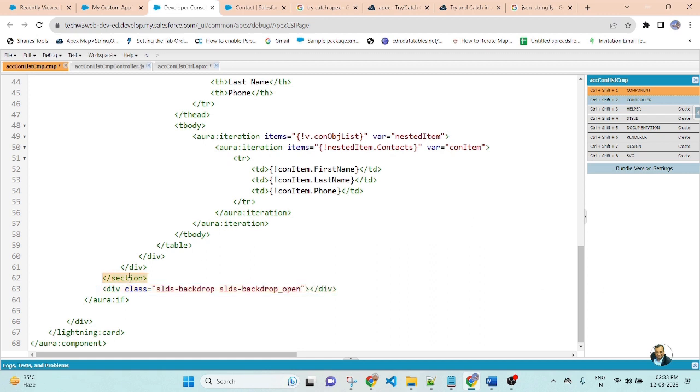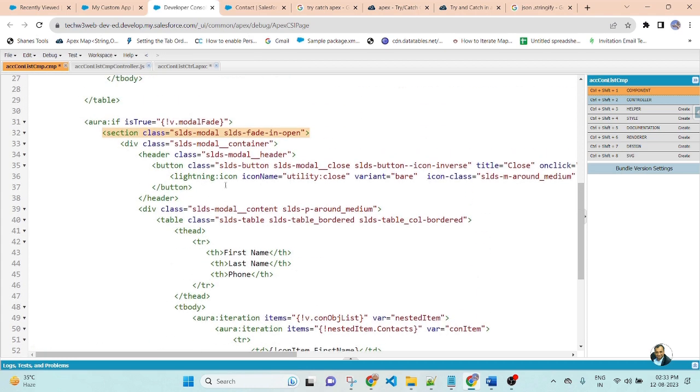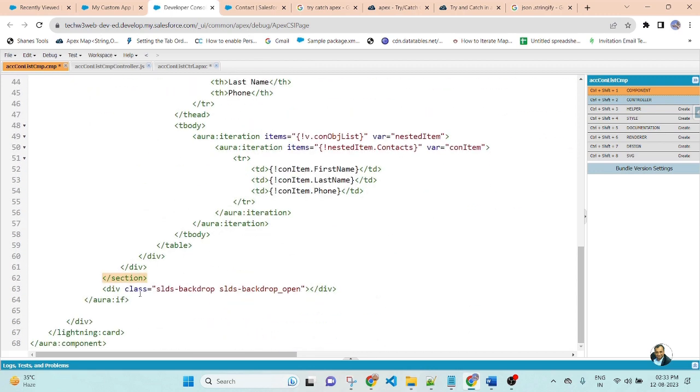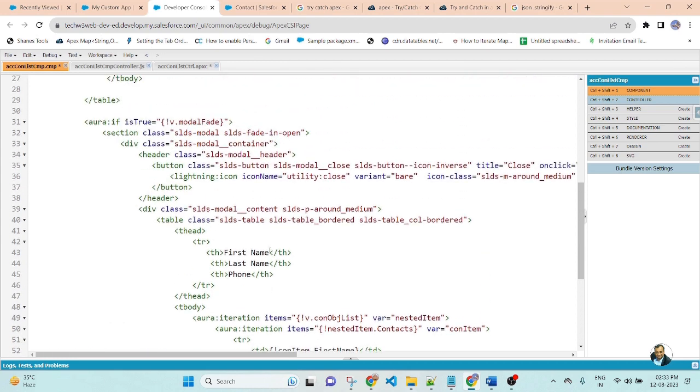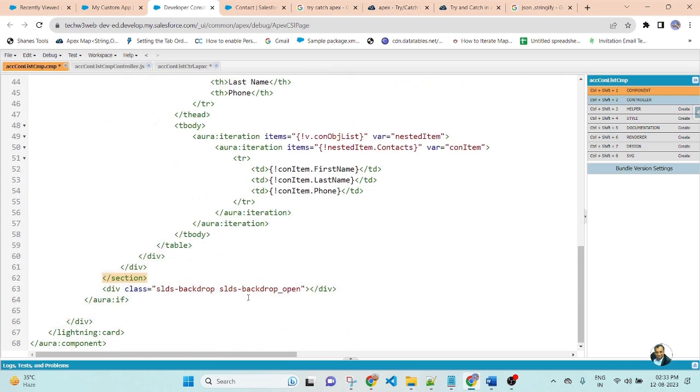So this class will create a background behind the modal pop-up. So here I created a modal heading and here I created a backdrop open. So this is the class that creates a background for the modal pop-up.